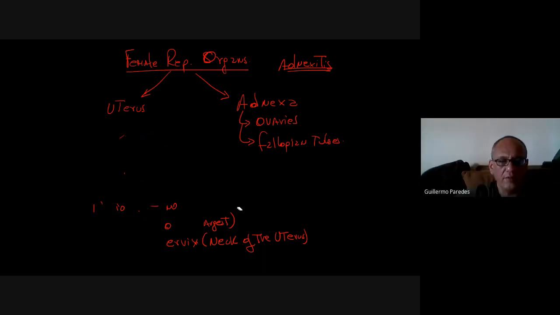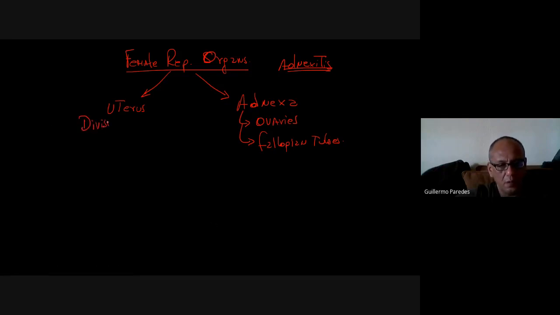So now let's talk about the layers of the uterus. So we have division. Division will be fundus, body, and cervix or neck of the uterus. The layers of the uterus will be 3 layers. We have here, this is the uterus,